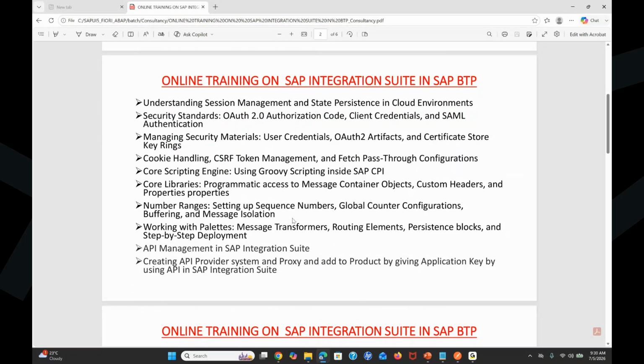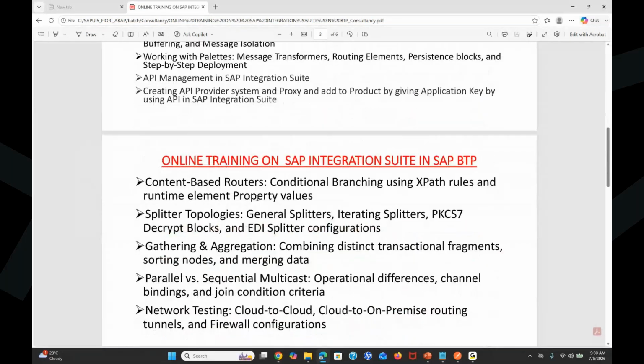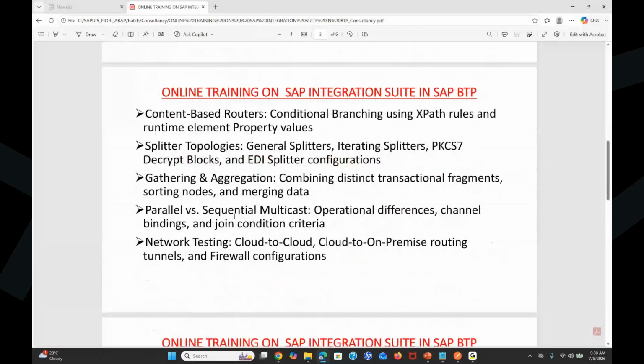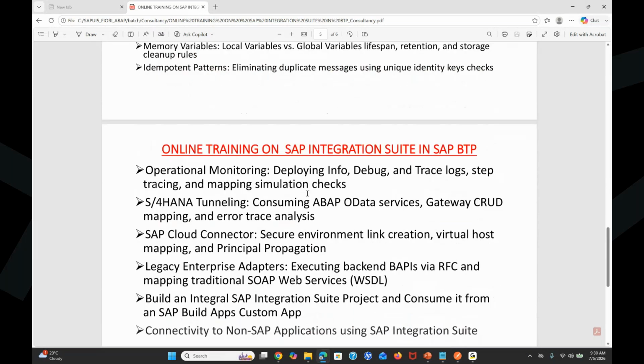sequence numbers, global counter configuration, buffering, everything, message transformation, routing elements, API management, creating an API provider system, proxy, adding to the products, then content based routers, splitters, gathers, aggregations, parallel, sequential, multicast, nesting, event scheduling, timer start events, configurations, HTTP, HTTPS adapters, data conversions, how to convert XML to JSON, JSON to XML, different formats, OData connectors, data storages, memory variables, a lot of things, how to monitor,